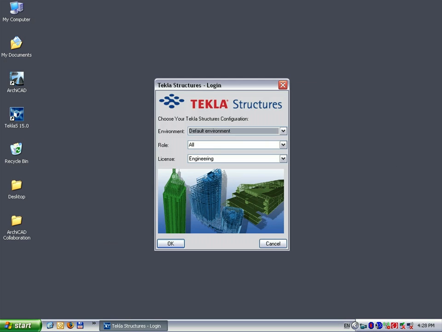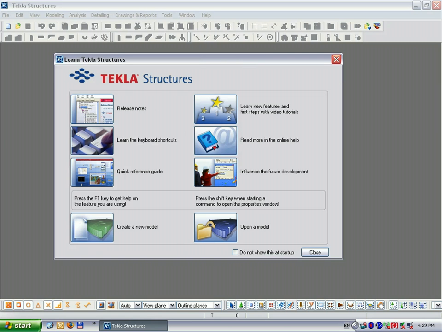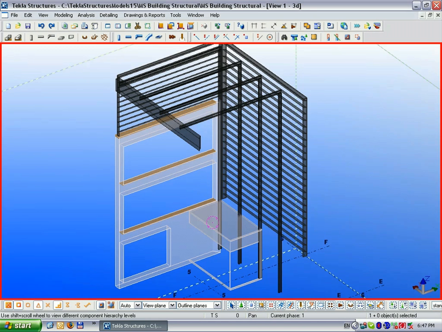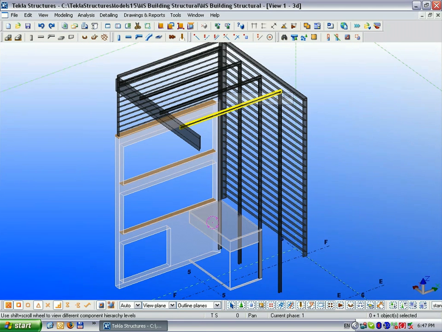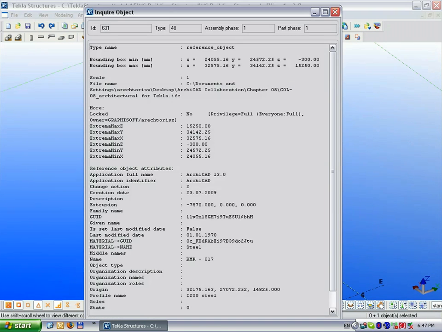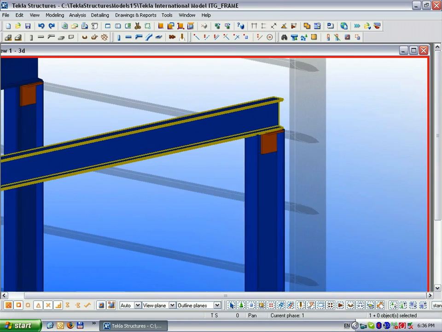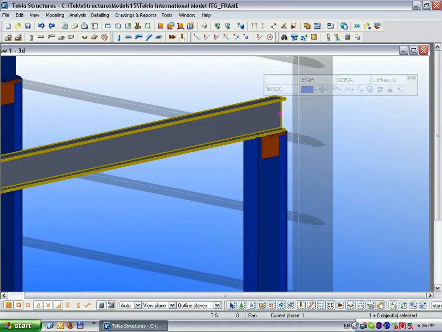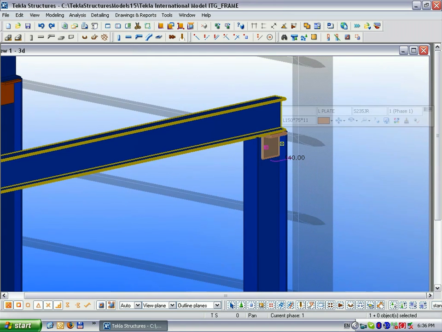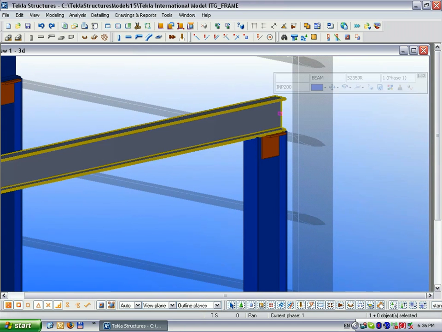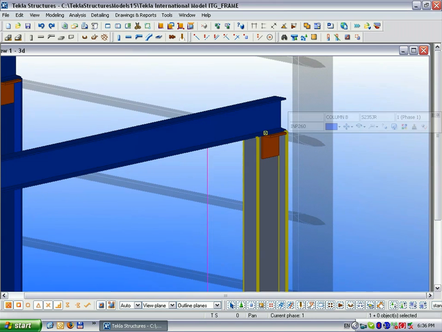In this step, we will get a quick overview on how we can exchange building information between ArchiCAD and Tekla Structures. The structural engineer team designed the steel structure of the main entrance hall using Tekla Structures. They used an IFC model saved from the original ArchiCAD model as a reference in Tekla to assemble the detailed steel structure 3D model. In our scenario, this steel structure is done and we have received the IFC model from